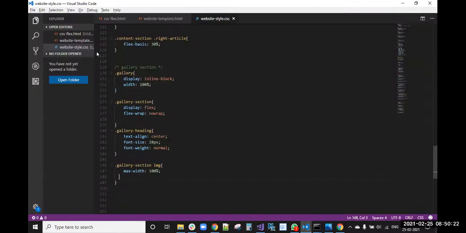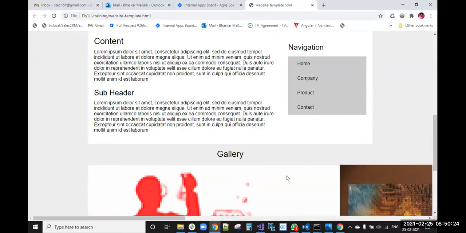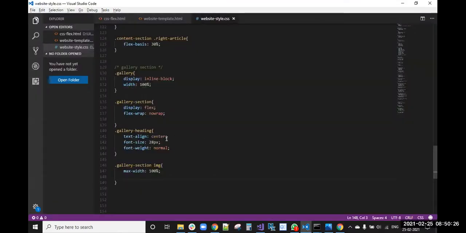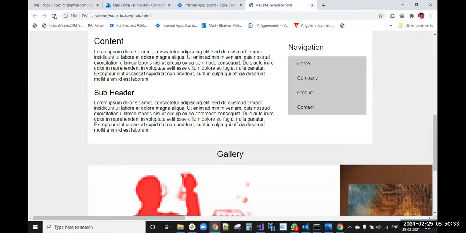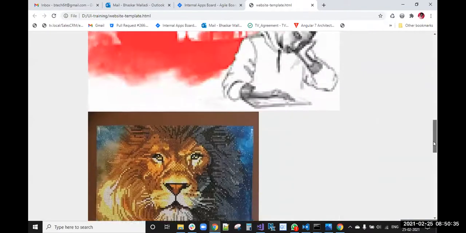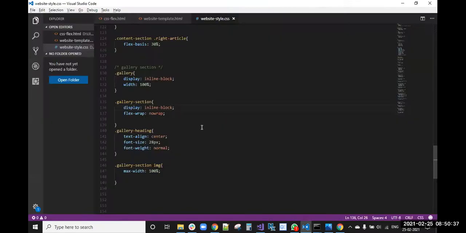Like this. Instead of this, flex here is not working, right? We will use this only. And 30%. Need to keep it aligned to the left side.